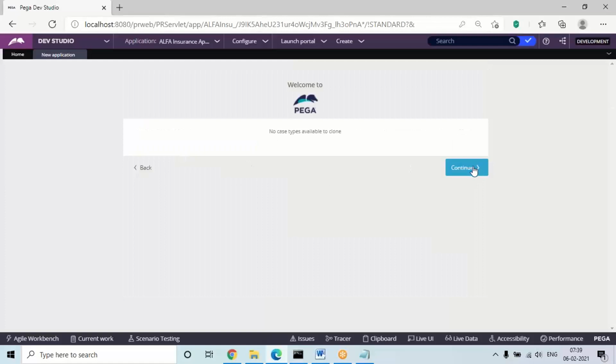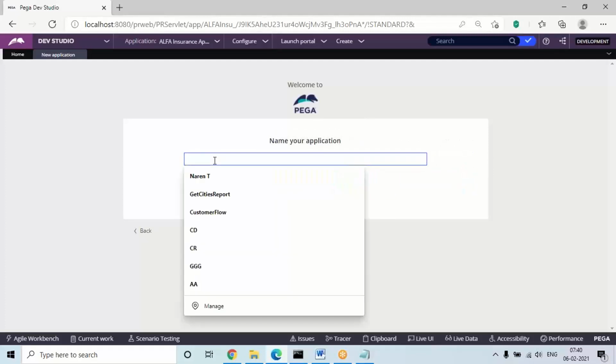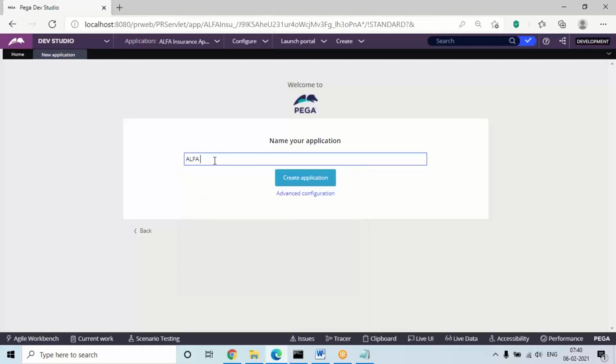Here you'll get 2 additional screens which you don't get when creating the framework layer, but no need to define anything here. Here you'll have the option case types. Case types and all modules we are going to define once we open the implementation. Then you'll get something called data types, which you also define after opening the implementation. Tables in Pega are called data types. No need to mention anything, just continue with these screens. Again you'll get the screen where we need to give a name for the implementation. I'm giving the name Alpha Auto Insurance Application.